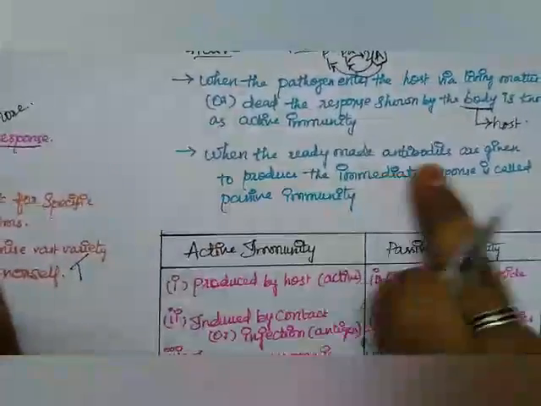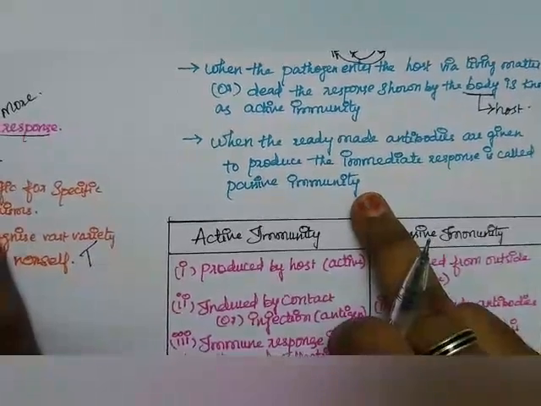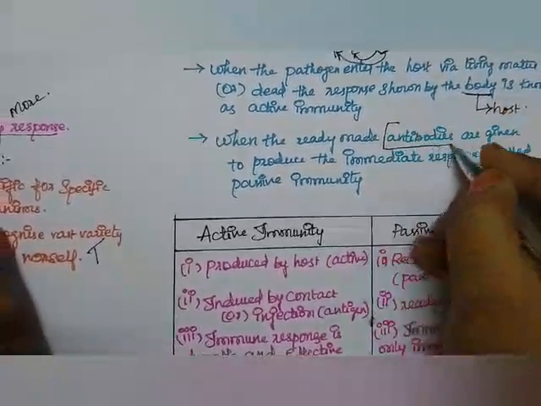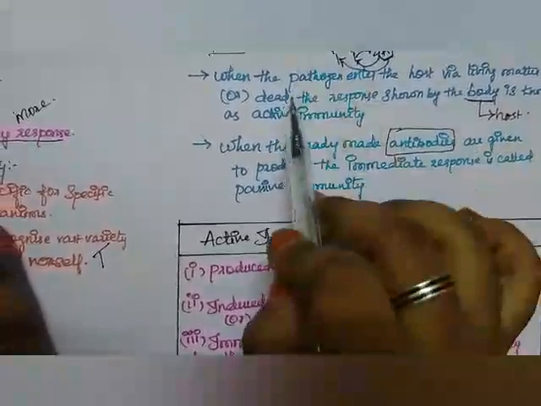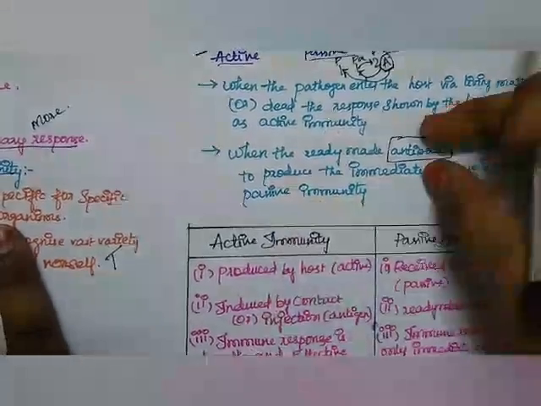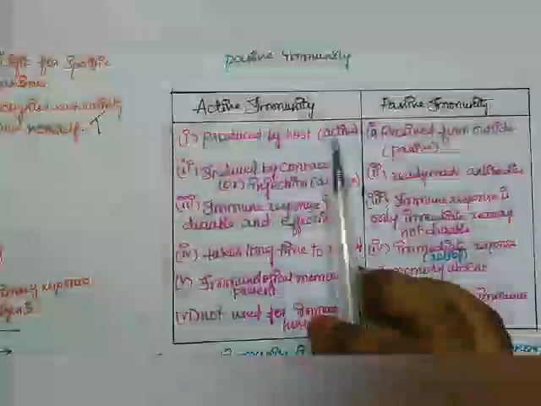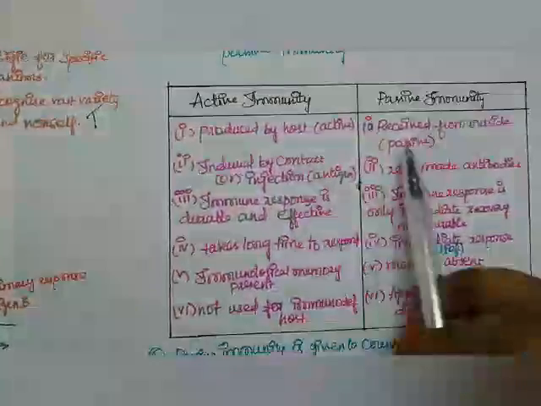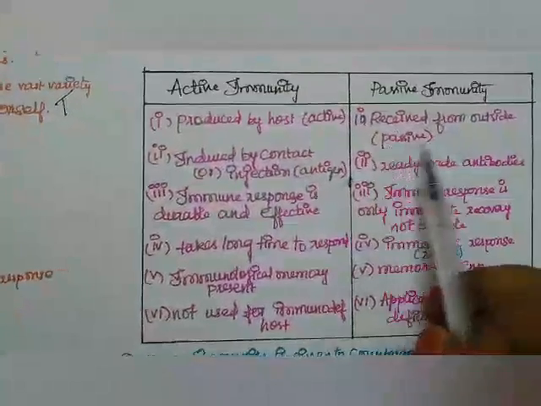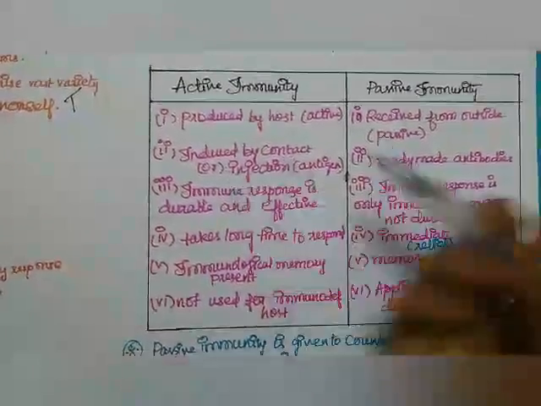When ready-made antibodies are given to produce an immediate response, it is called passive immunity. So here, antibodies. Active immunity is active and direct, while passive immunity involves antibodies. This should be kept in mind. Now let us look at the differentiation column. Active immunity is produced by the host, that is, actively produced by the body, while passive immunity is received from outside. Induced by direct contact